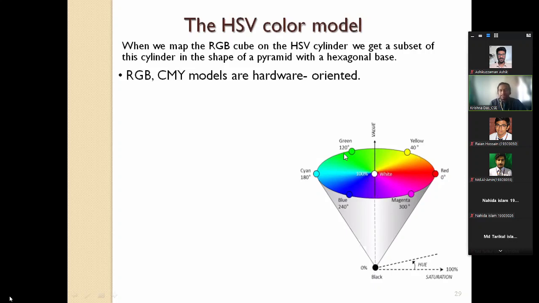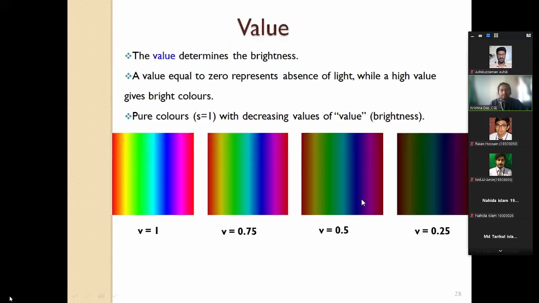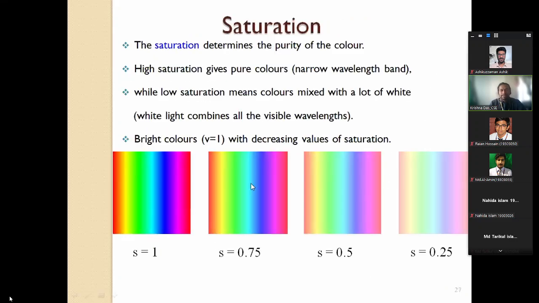Now this image is for saturation, showing when your V value is 1. And this saturation at this point is 1, that means on the boundary. And that means the type of the color also can be identified.